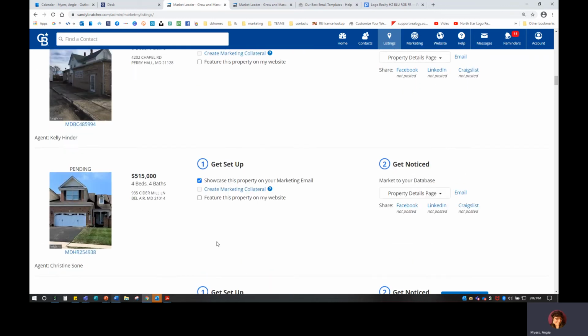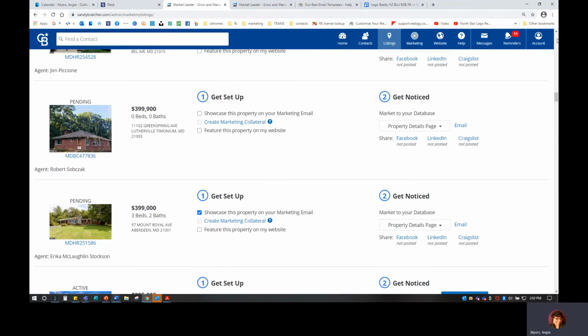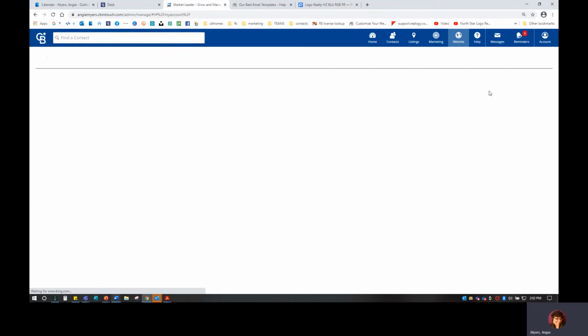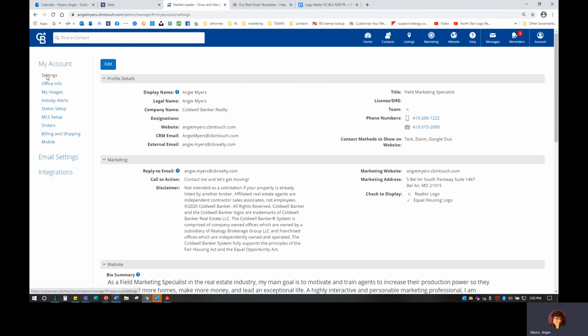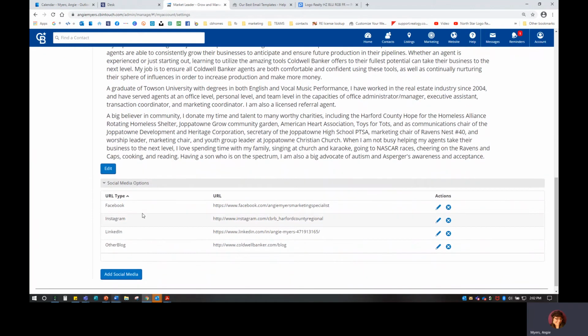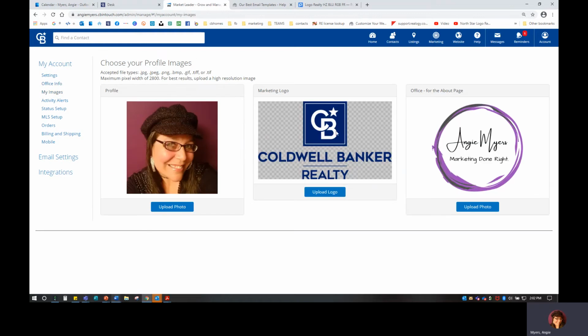Whether it's pending or it's not pending on my emails. So you're able to do that as well. So that is your account profile for InTouch in a nutshell. Again, we reviewed our settings for our account, the information, how it's visible, our bio summary, and our professional social media, as well as our office information, where to upload our profile photo, how to choose a marketing logo for